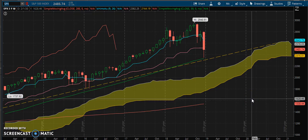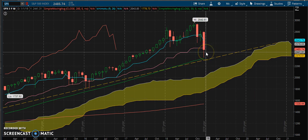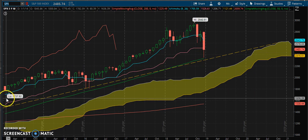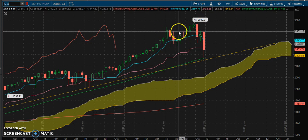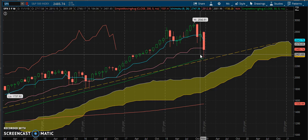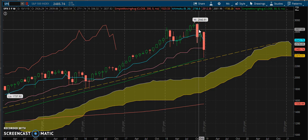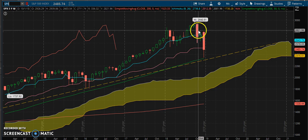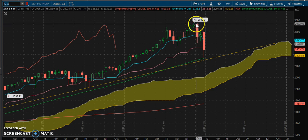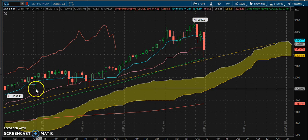Today is December 30th. We're looking at the SPX. Pretty good move here, but if you look at the overall monthly chart of the SPX, it's not a big dent here. So even though there are so many negative articles in the news, it was a down 20% move very fast, but